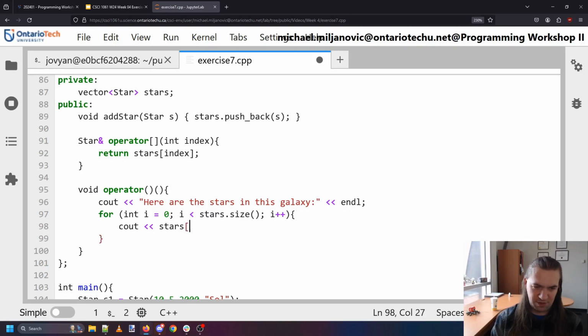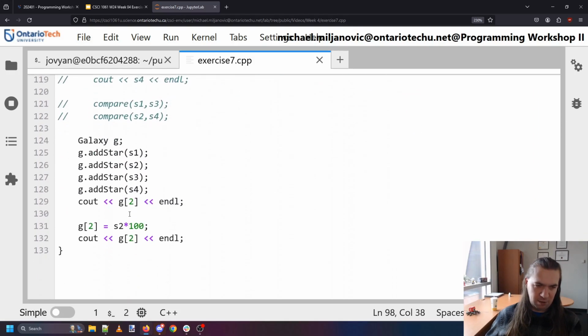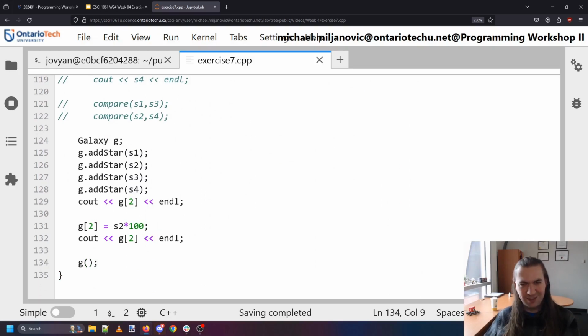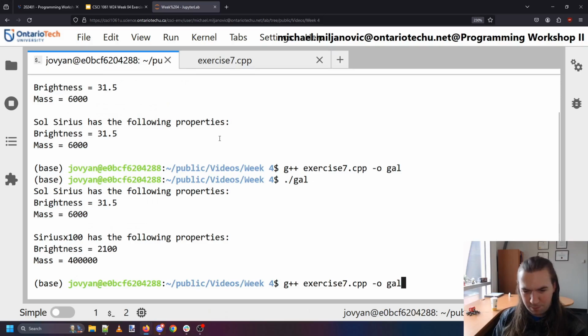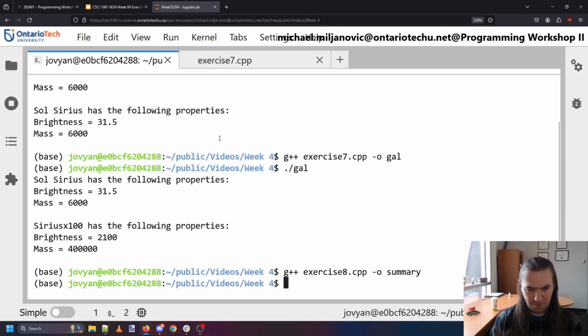So let's do stars[i]. And now if I go down here and I say g, and this is summary,